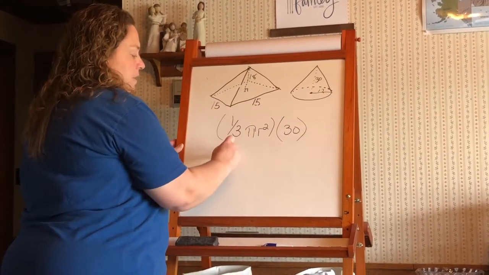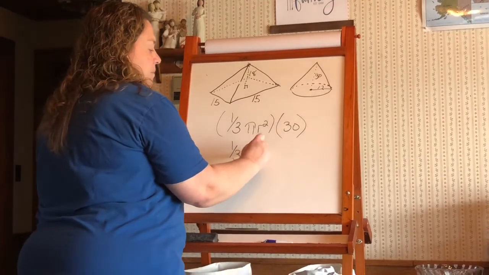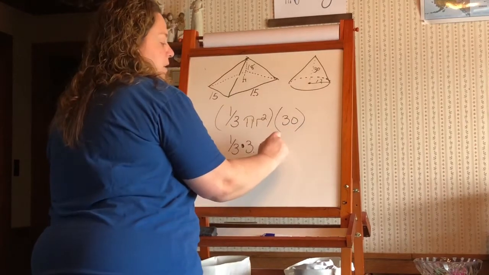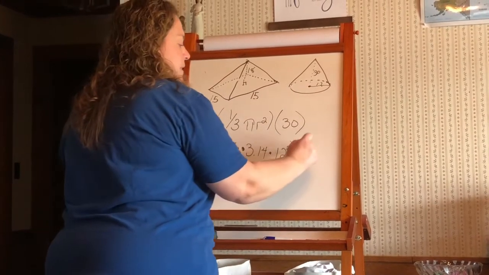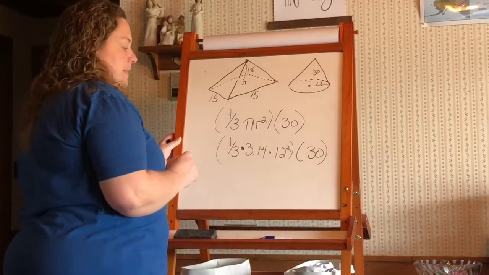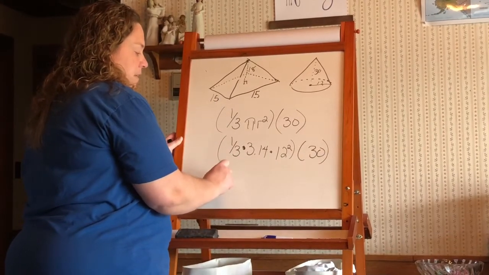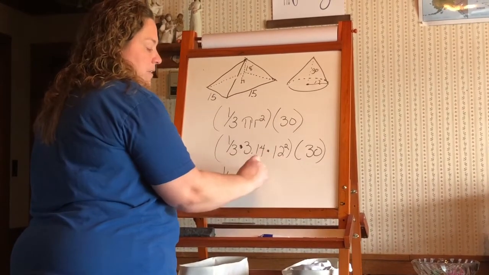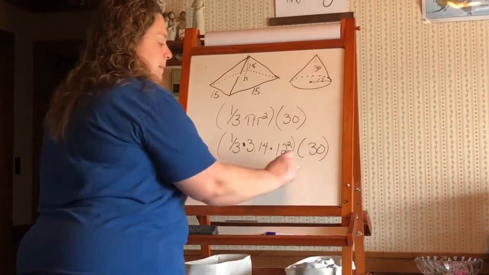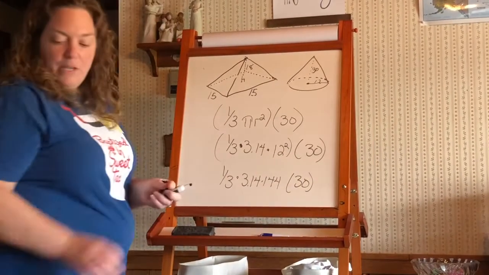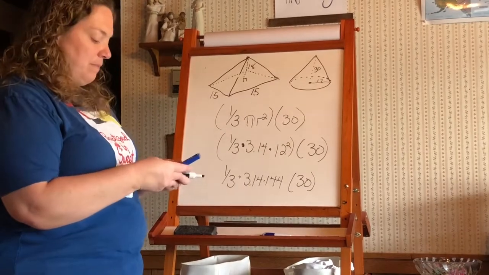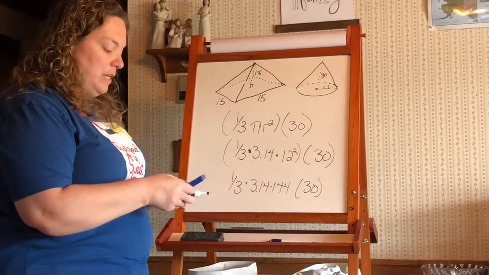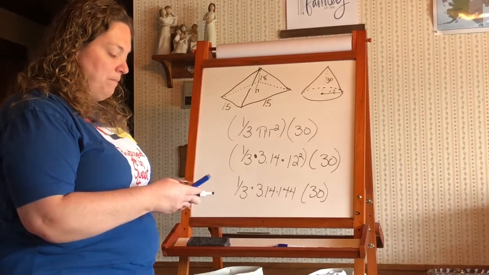So let's fill this in. 1/3 times pi times the radius squared. The radius is 12 squared. That's going to be times the altitude. So let's go ahead and rewrite it. 1/3 times 3.14, 12 squared is 144. So let's plug that into our calculator. We're going to do 3.14. I'm going to multiply these two first. Times 144 equals